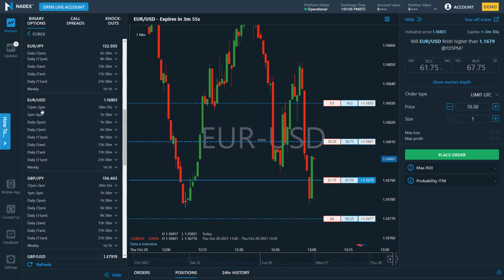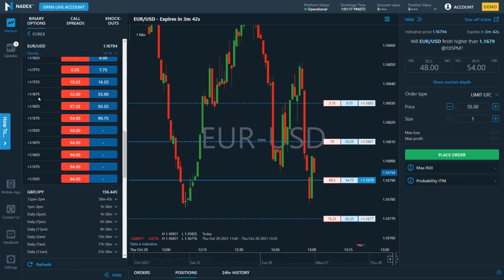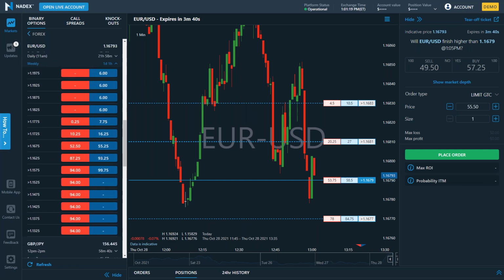We've got contracts that expire at 2 p.m., 3 p.m. These were daily 3 p.m. and 7 p.m. contracts. We've got 11 p.m. contracts. We've got contracts that expire in the morning. And then we've even got our weekly contracts. You can make a determination on where you are most comfortable, what time frame. And remember, just because there's a time frame associated with the contract at expiration doesn't mean you couldn't trade it before expiration as the price moves around.